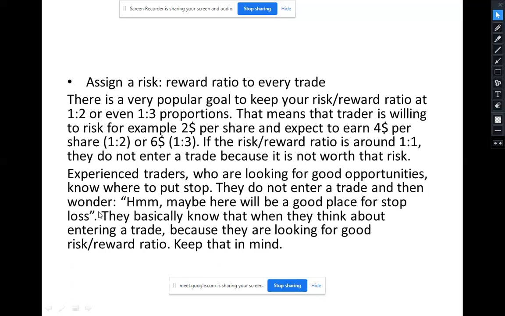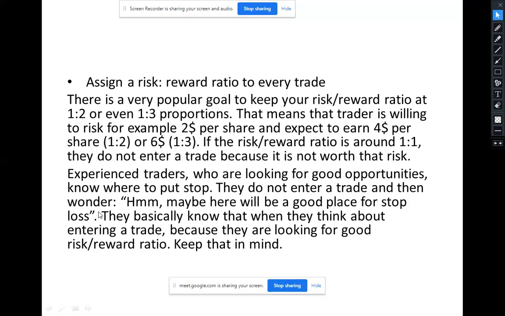That even though my take profit is still below, it can be more than the losses I have, the risks. Like 2 times the risks, more than 2 times the risks I'm having. It can be 3 times. So it all depends on how you're going to place your stop loss, how you're going to place your take profit